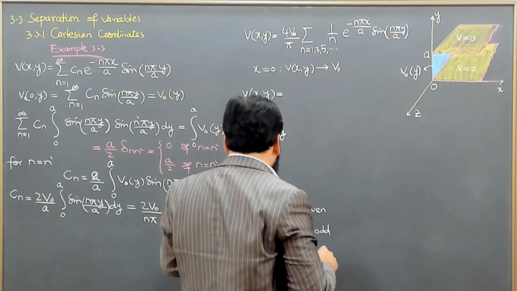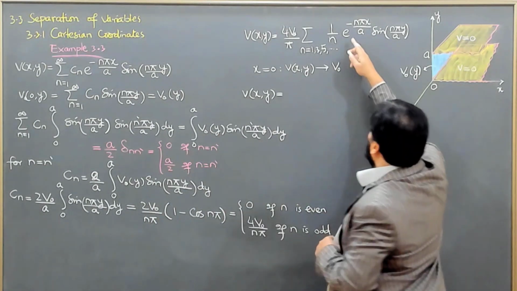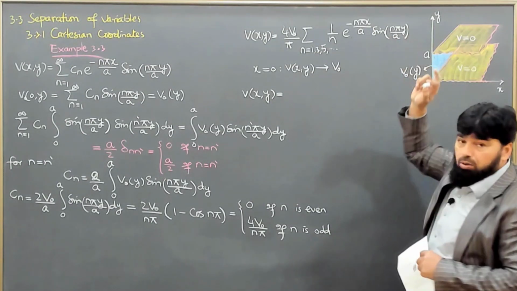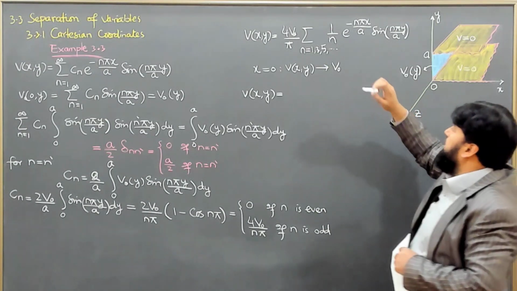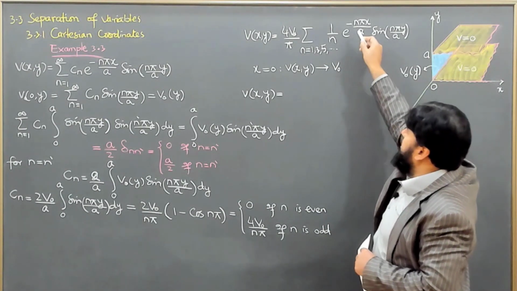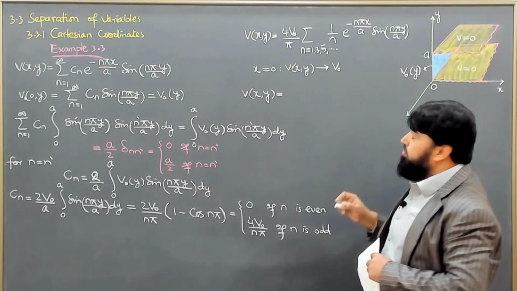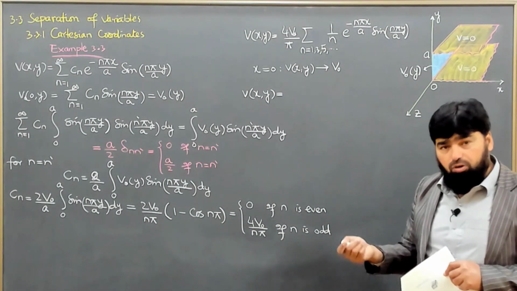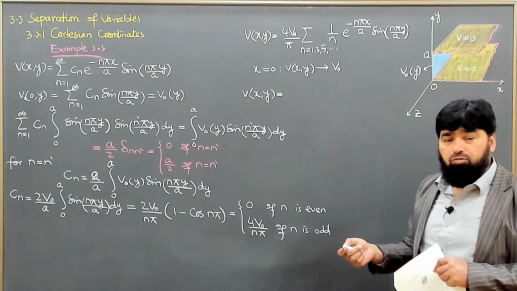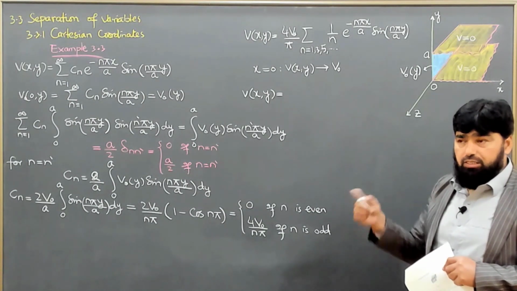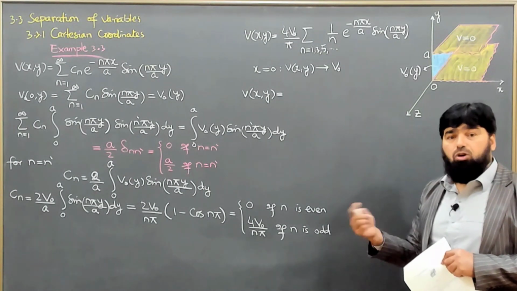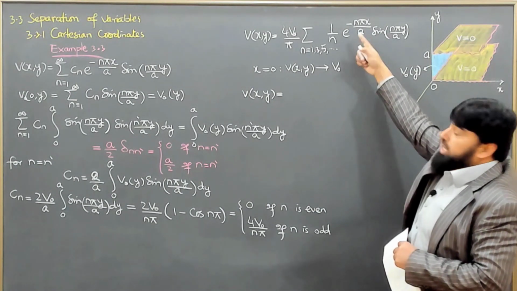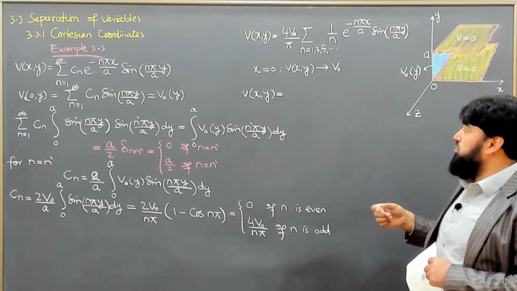Let me give you some hint for converting it, because here if I look, this one is in the form of exponential, while this one is in the form of sine, and we know that we can write the exponential form in terms of the hyperbolic function of sine, because from the Euler formula, we know that sine of x can be written in the form of e^(ix) plus e^(-ix) divided by 2. Similarly, cos can also be written in the form of e to the power x plus e to the power minus x. When you write this in that form, then sine hyperbolic x will be introduced, and on further simplification,